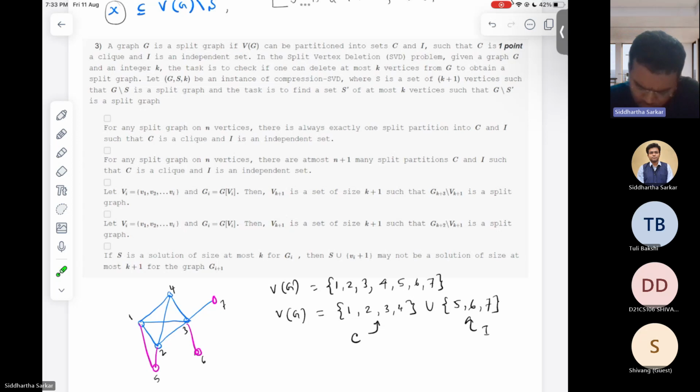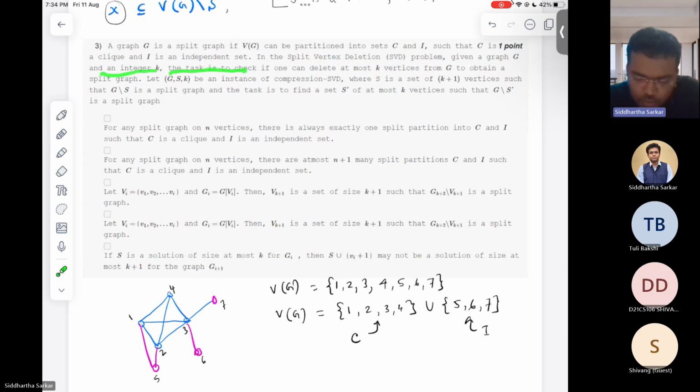So do you understand why this graph is a split graph? Okay, thank you for the response. So now, in the split vertex deletion problem, in short called SVD, we are given a graph G and an integer